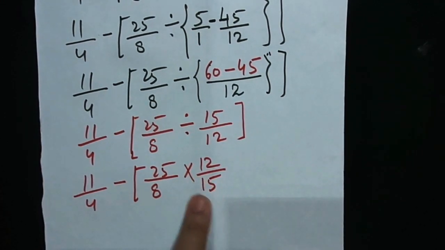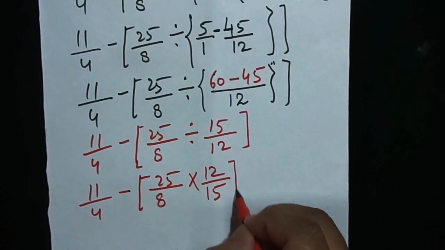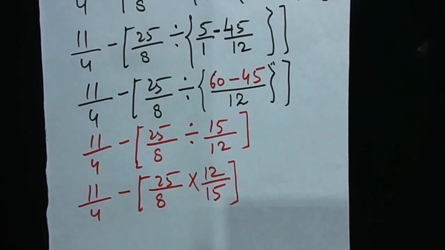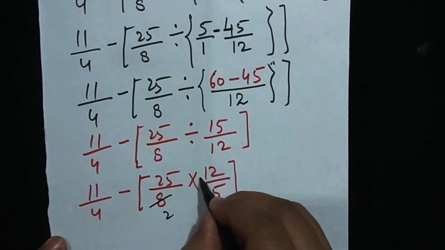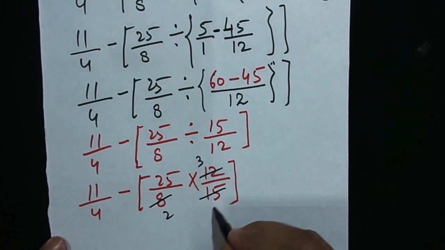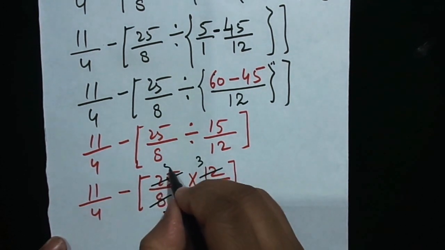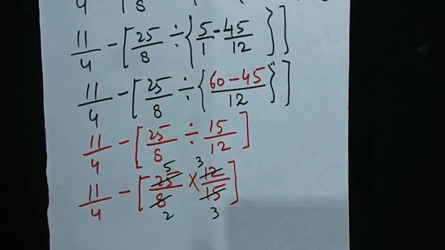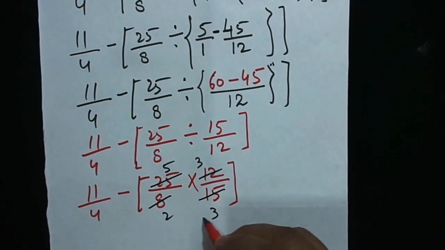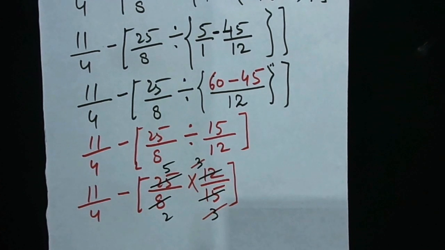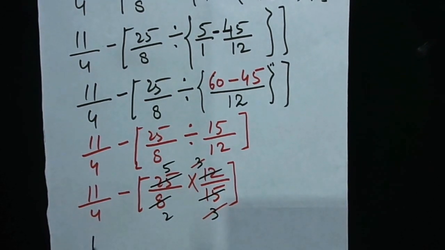And next, what are we supposed to do? We are supposed to do cancellation. 4 2 times, 3 times, 5 3 times, 5 5 times. This 3 will also get cancelled. Good. So 11 by 4